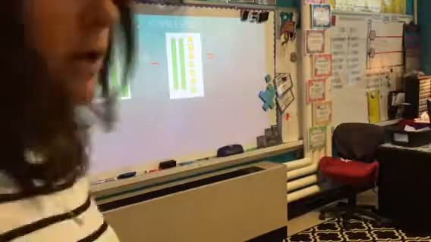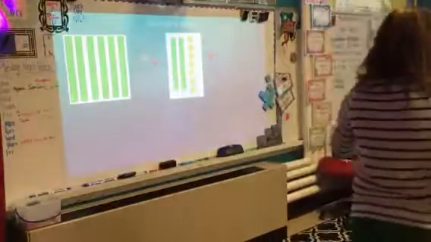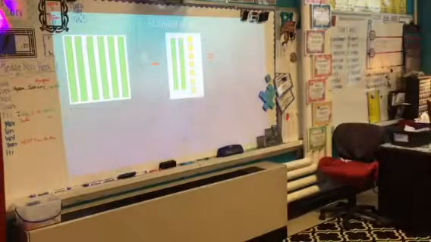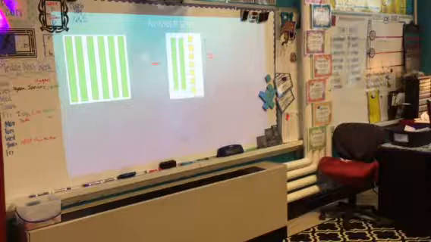So just thinking about what problem do you see there? Turn and talk to the person sitting next to you. What problem do you see represented? I see 660 on the one side and